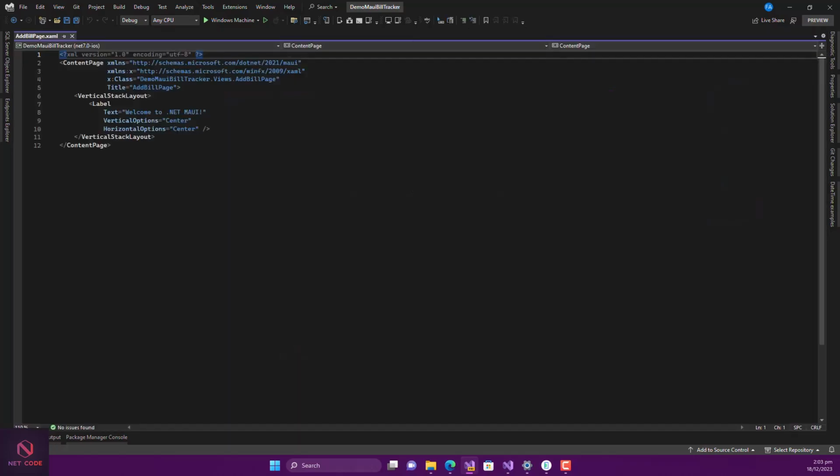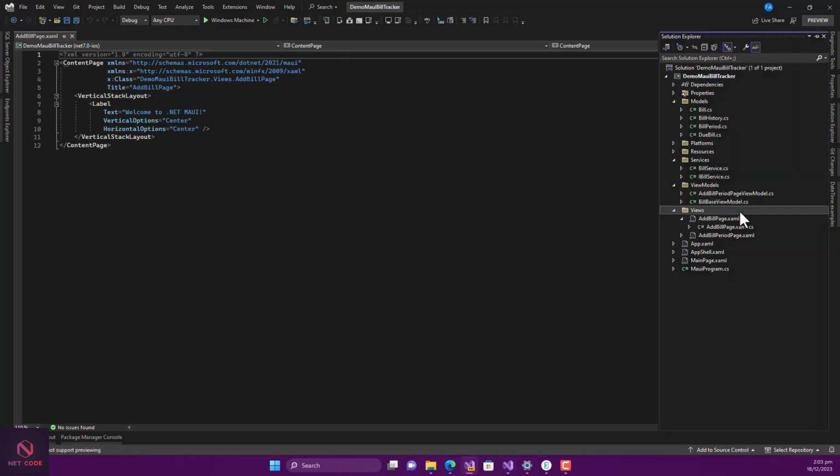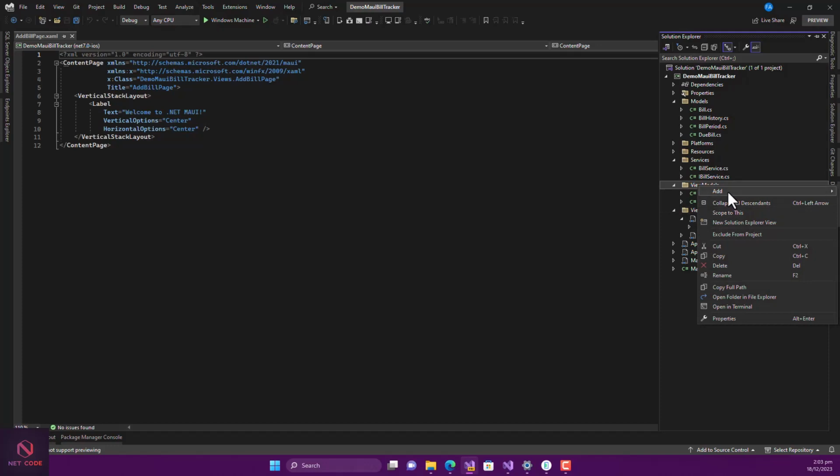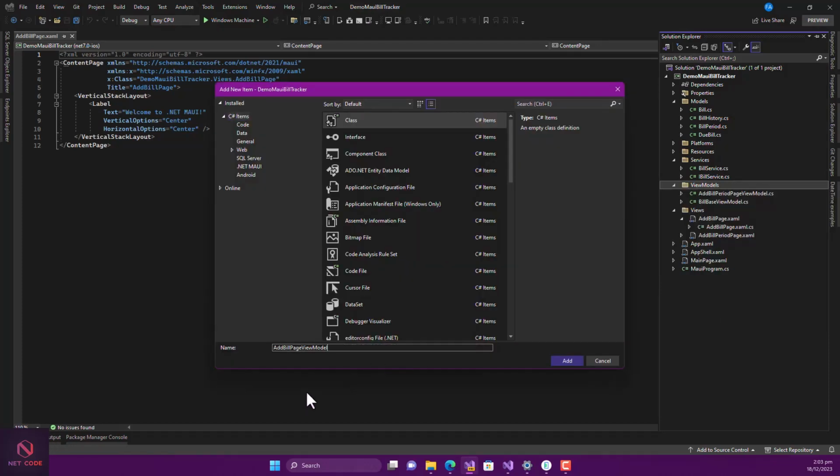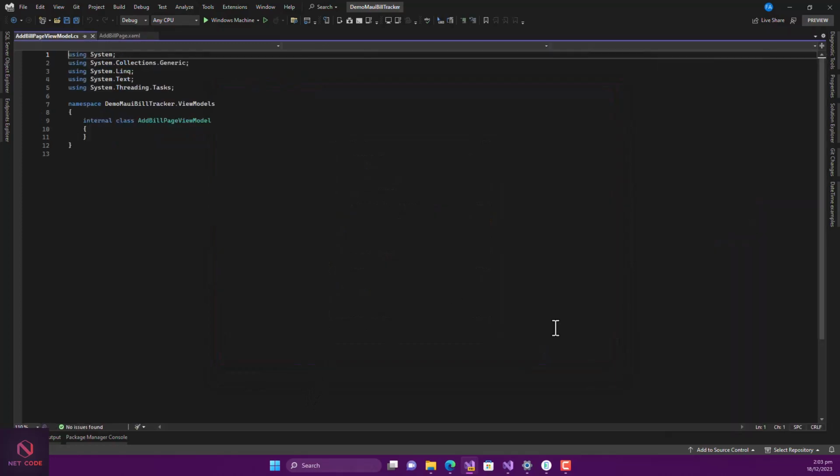Now when we are done, we know we have to create the view model as well. So let's do that quickly. We do that in the view models, add a class, and that's going to be the view model. Let's add that. Let's first work on the XAML page first. Now in here, I just have to grab this, and